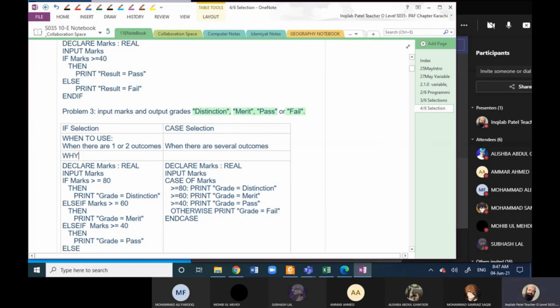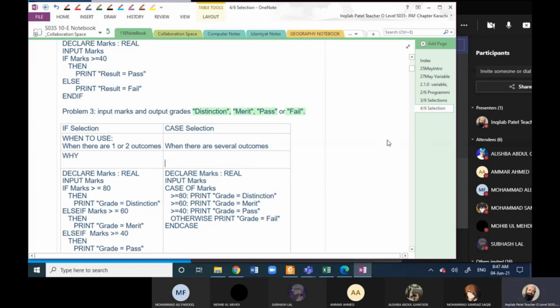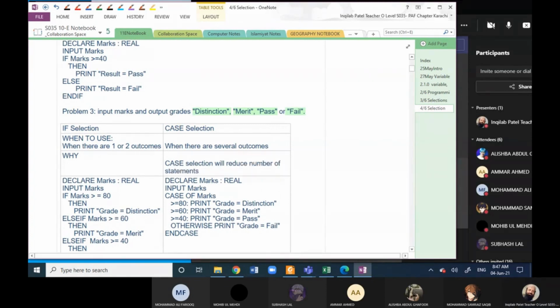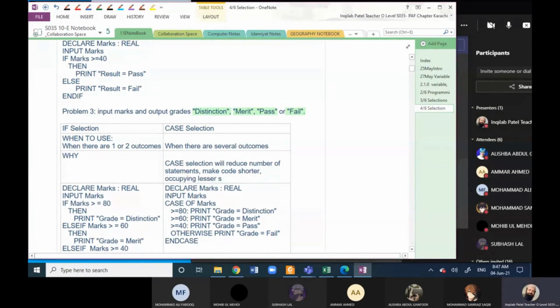So we will say that why to use case selection: case selection will reduce number of statements, make code shorter, occupying lesser space, and executing faster.